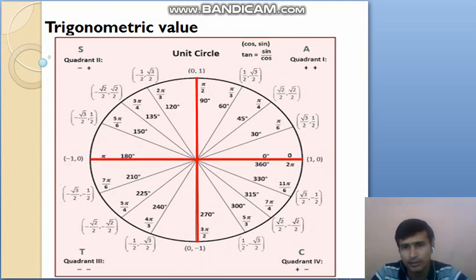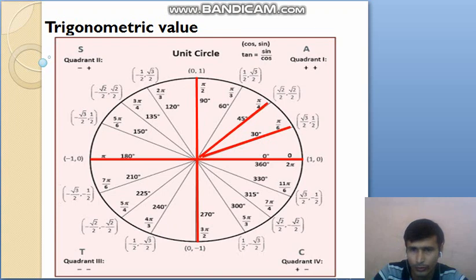For the other values of the trigonometry function, divide all the quadrants into 4 equal parts, 1, 2, 3 and 4, right? And write the value of their angles: 30 degree, 45 degree, 60 degree, 90 degree, then 120 degree, 135 degree, 150 degree, 180, right, in a rotation. So now write the coordinates of the points. So from here write the coordinates.